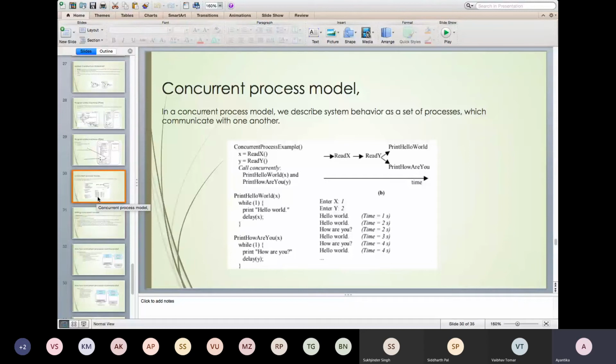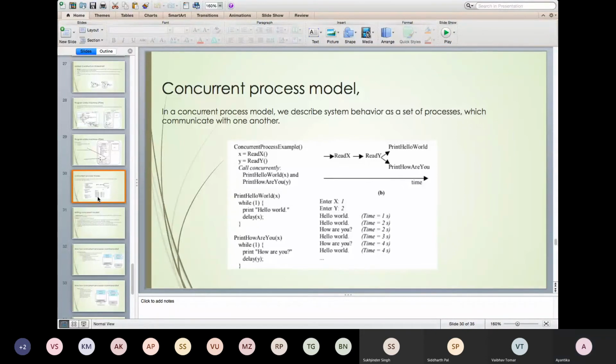We are taking two inputs, X and Y, and passing them to our print hello world statement. This is a very simple concurrent program example. When we have considered X as my input to print hello world, we will be displaying hello world with a delay X, and in print how are you, I am printing how are you